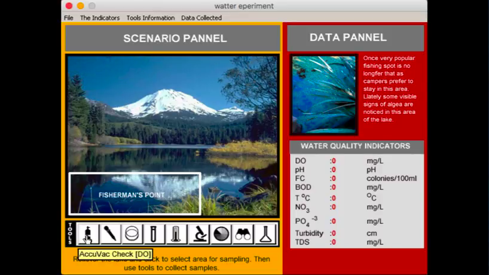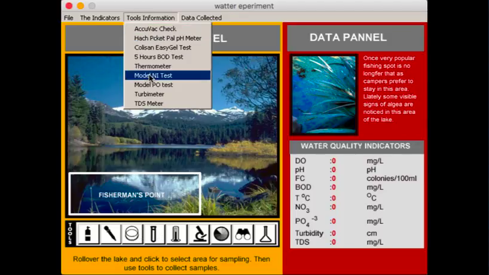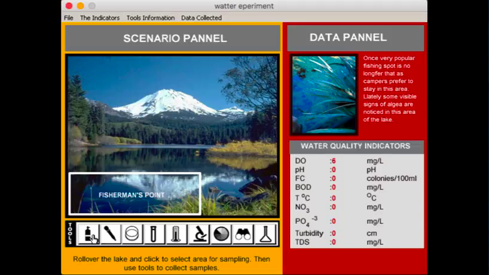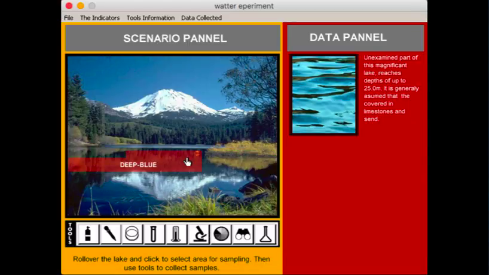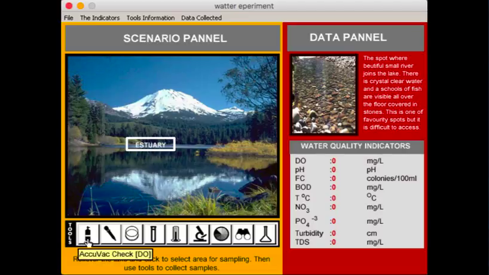Similar goes for the instruments. We have different instruments here, so we can read the tool information about them. For example, what is AccuVac check, or what is a thermometer, or what is a model PO test. If we select one of these instruments for this particular point, we will be collecting data. If we now change and look at a different point and collect again, we collect the data, and all